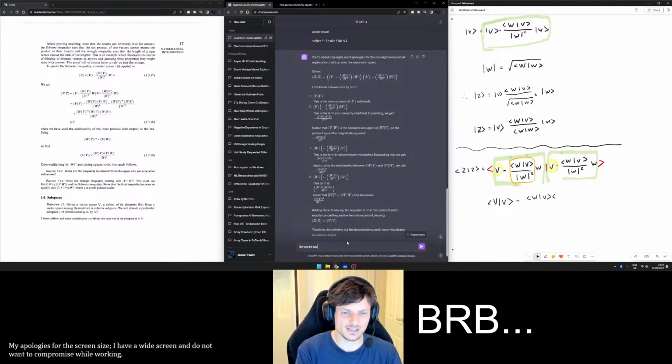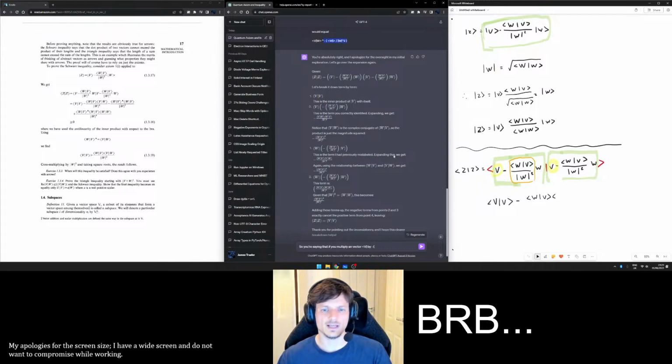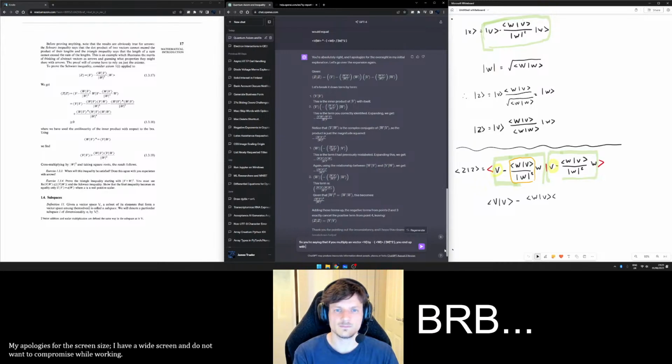So you're saying that if you multiply an inner product of, if you multiply a vector v by negative that, you end up with... now that's interesting, because I think I may have forgotten this part, right? So you end up with